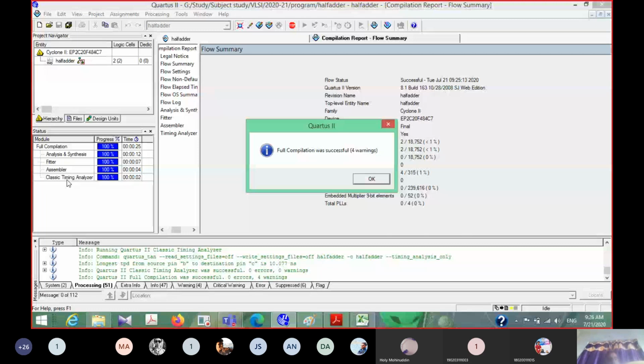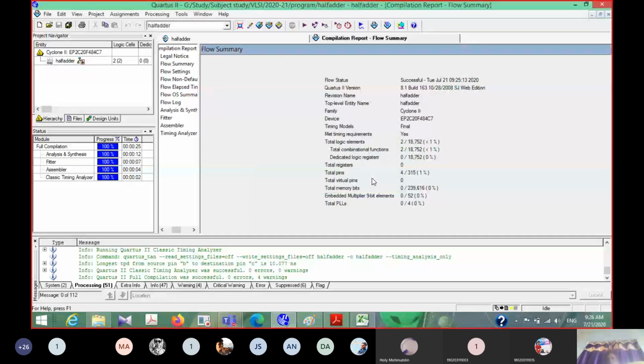So these different functions will be performed in compilation, and the different files are stored in the directory where we have saved the project. Once the compilation is successful, it will give the flow summary. In the flow summary, it shows which device we selected and how many logic gates are required to implement it. So it will give us the summary, right? You have to take a screenshot of the summary and paste it in a Word file, which we already saw